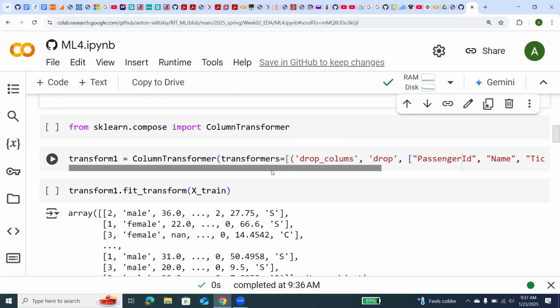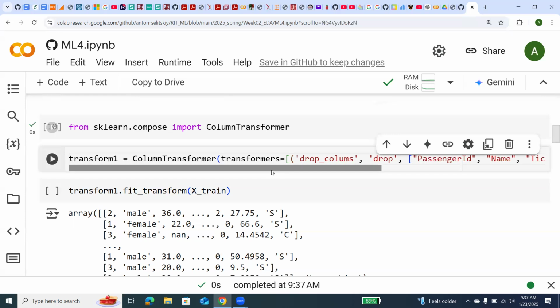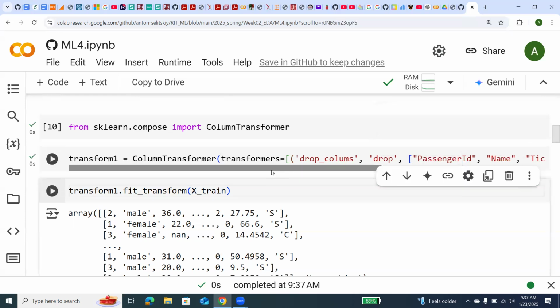In this case, I want to drop columns and list the columns that I want to drop: passenger ID, name, and ticket number. And after that, if I apply transform to my train data,